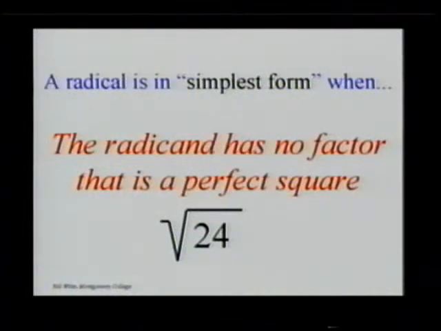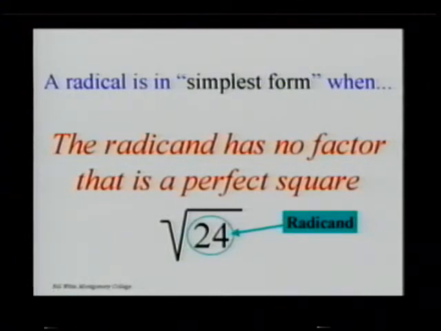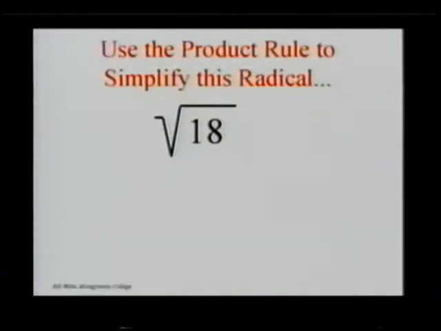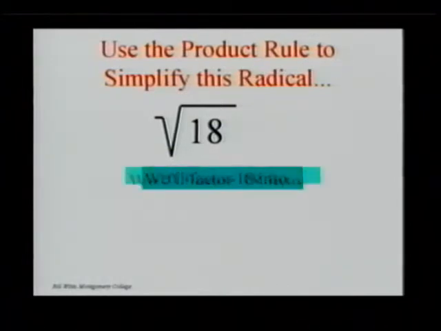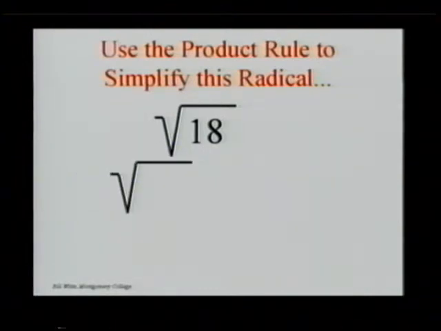For instance, square root of 24 wasn't simplified because there was a number that went into 24 that was a perfect square, in that case 4. Okay? Then, the ones that weren't simplified, we simplified by breaking them into, or factoring them into the good, the perfect square roots, and whatever was left over,